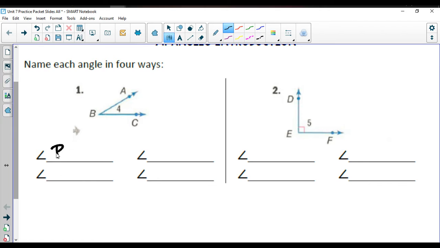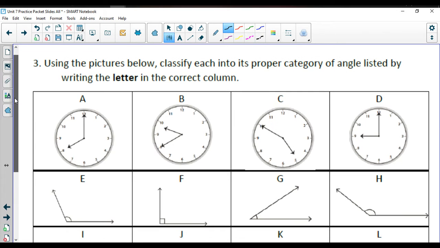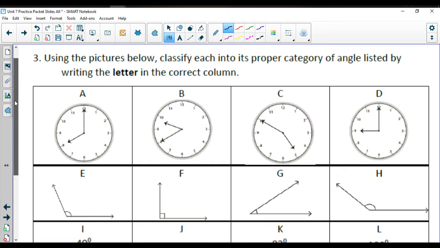Just a reminder, we have angle B, angle 4, angle ABC, and we can also flip this and do CBA. For number 2, we have angle E, we have angle number 5, we have angle DEF, and we have angle FED. Down here at the next part, we're going to use the pictures and classify them listed by writing the